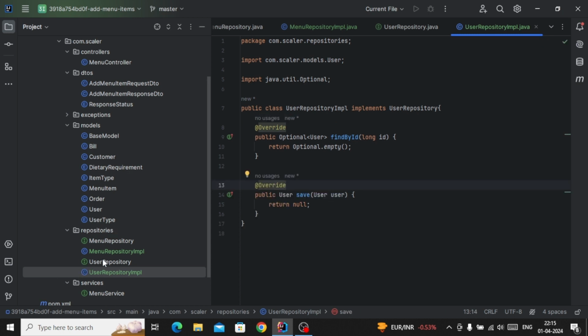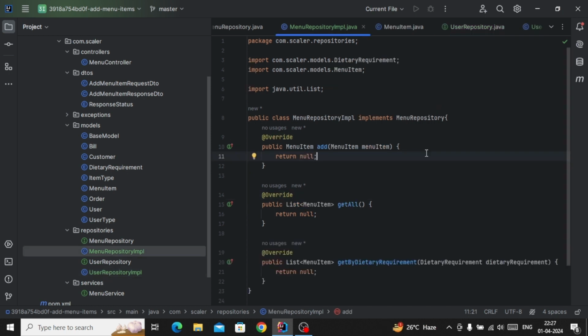As you can see, we already created two classes for the repository, menu repository IMPL and user repository IMPL. First, we will implement this menu repository IMPL. Here we have one trickier part because we have to store some values, so it is tricky which collection we have to take. We can decide the collection based on our methods. As you can see, we are returning a list of menu item from here, so it is simply saying we have to create a list of the menu item.